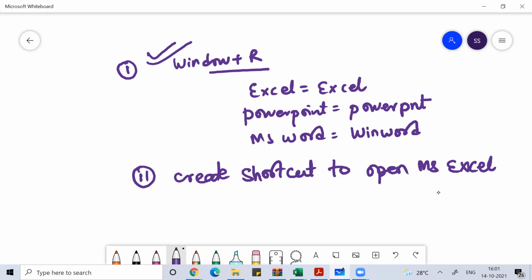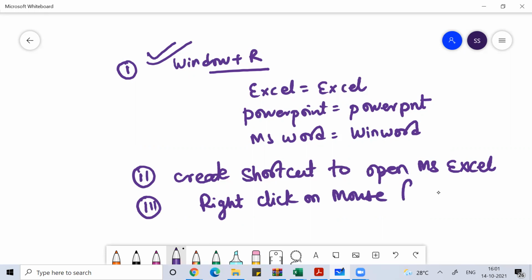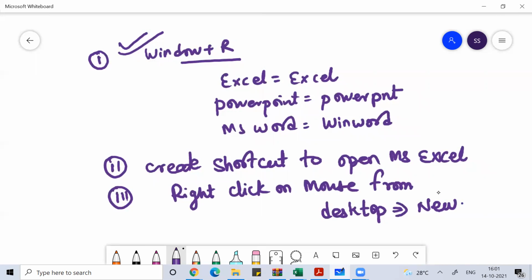So many ways are there to open MS Excel. You can also do a right click with the mouse on your desktop, then go under New, and under New you can find Excel.